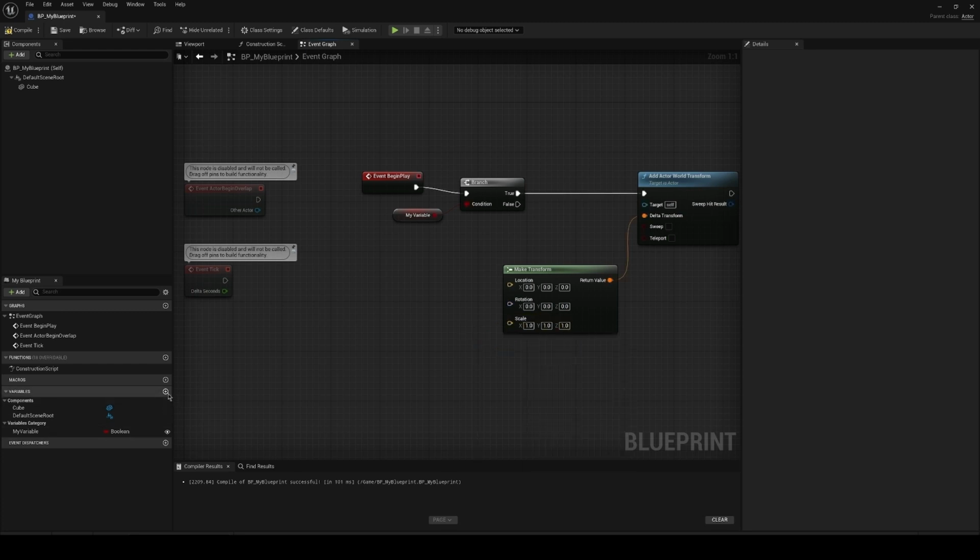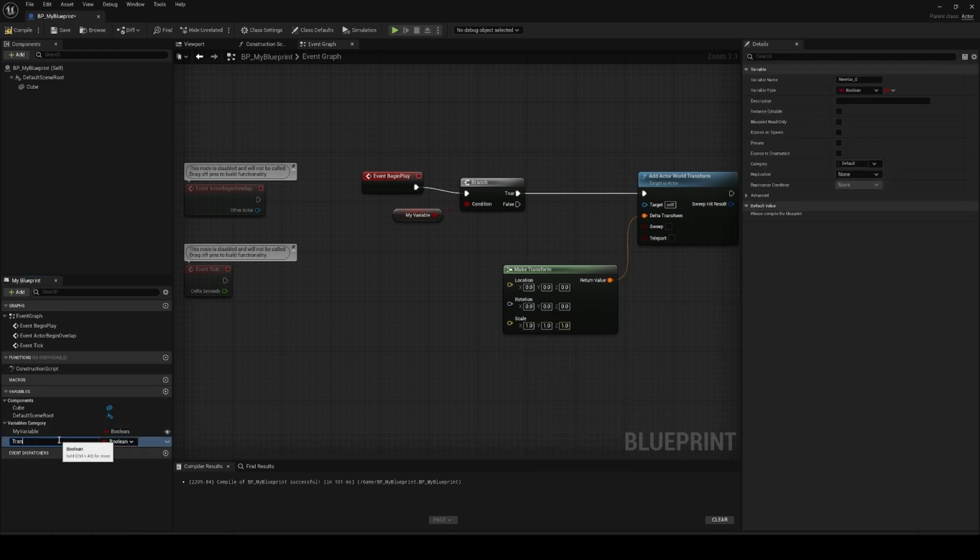When we make variables, I'm gonna make another one here. I'm gonna call it transform. I have the ability to change this, and I can just choose transform. So I can compile this, and then suddenly I have all of this data right here, and I can change it. I'm gonna scale everything up by 2, and then I'm gonna push it 50 degrees up, and then I'm gonna rotate it 45 degrees on the yaw or the z-axis, which means it will spin and